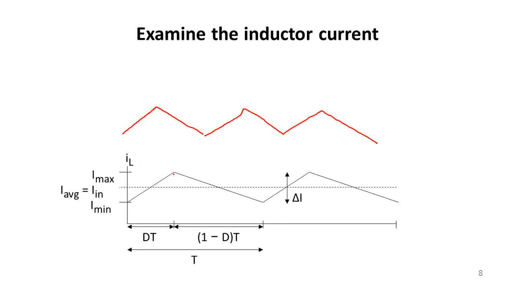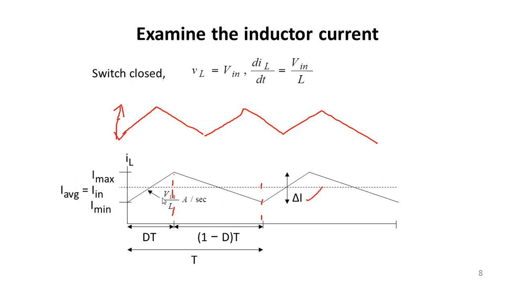Of course, this is going to be D into T during your on period. This is your total off period, 1 minus D into T. The ripple, in the sense of how much content it has, is I max minus I min. This is going to be your ripple value, and I average is nothing but the middle value. The value between maximum and minimum is the ripple, that is delta I, and the average is this one. So this is what we have written like this.